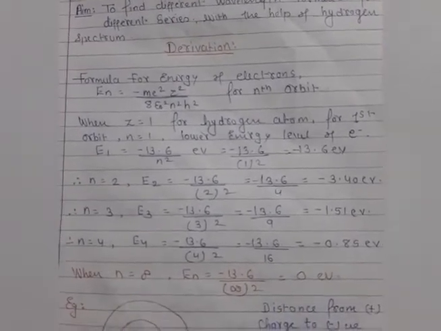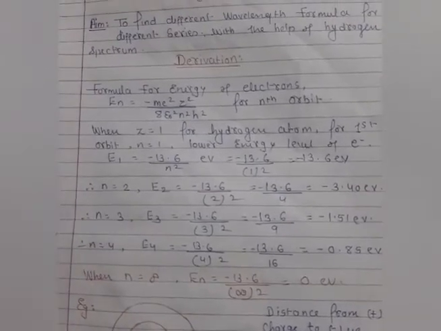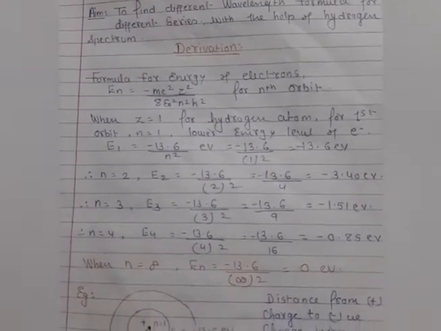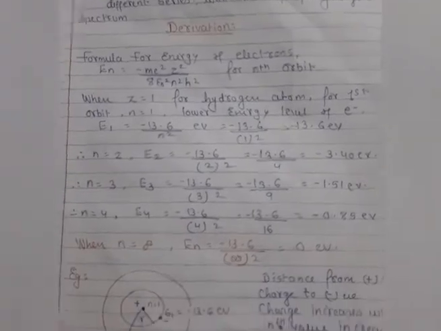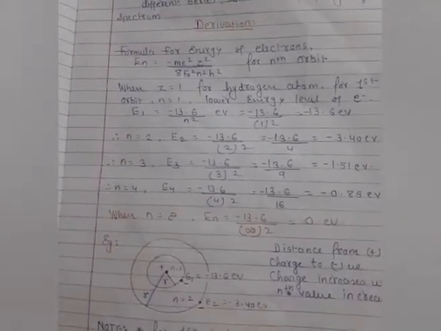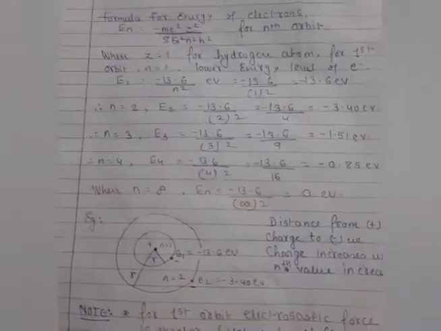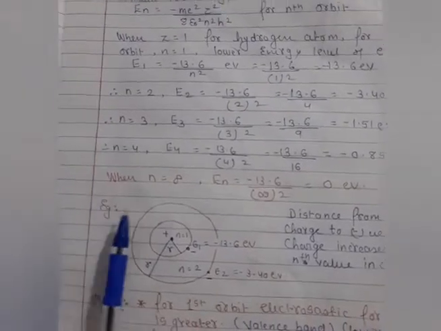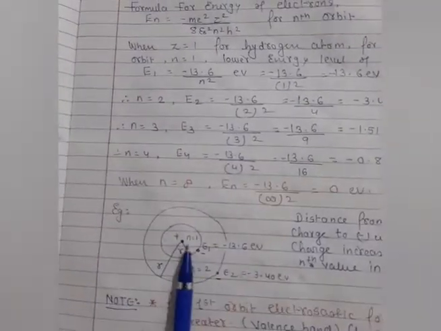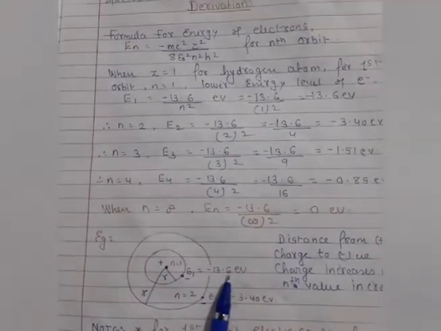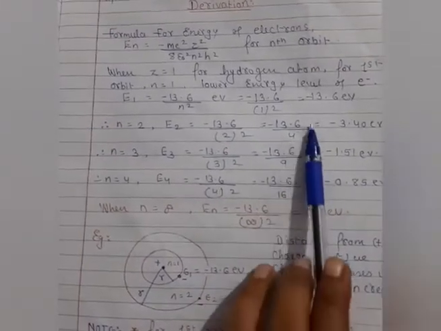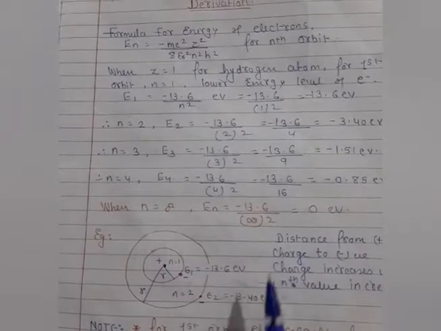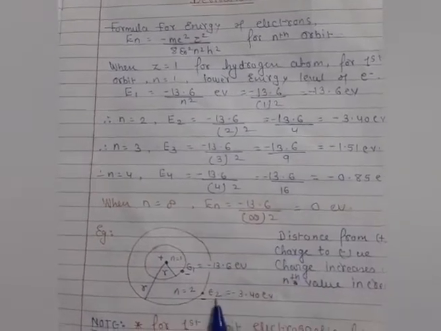Let's move on with the help of an example, because here you got the calculation of energy in the different orbits. As you know very well, in the third postulate I already substituted this value. With the help of this example you can understand. For the first orbit of hydrogen, the energy is minus 13.6 electron volt, as you know from here. For the second orbit, it is minus 3.40 electron volt.